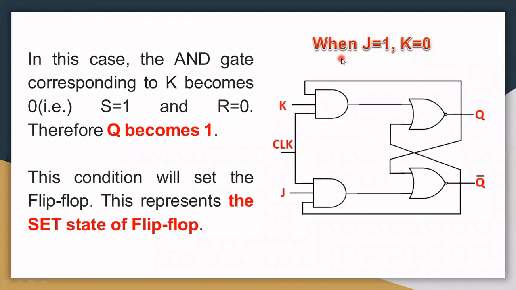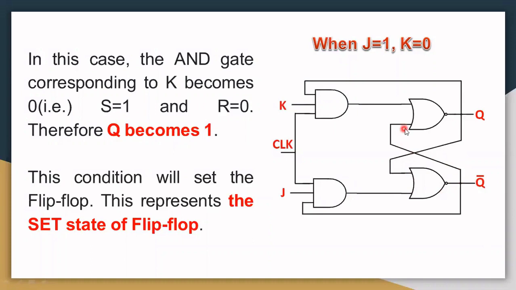Now consider J is equal to 1 and K is equal to 0 and we are giving a high clock. And suppose a case in which the previous output Q is equal to 1 and Q dash is equal to 0. Let us check that condition. Q dash is equal to 0 comes here. J is equal to 1, clock is high, but one of the inputs is low. Therefore, the output of this AND gate is 0. It comes here, and Q is equal to 1 here, 1 and 0 for OR gate, that is 1. This is a NOR gate, therefore complement of that, 0. Therefore Q dash is 0.